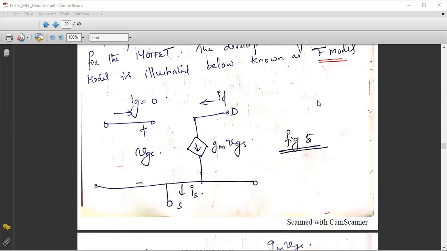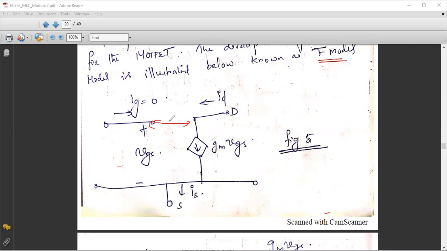Now, how can we modify this circuit? Here I have not connected the gate and drain together because in between we have the oxide layer. Since it offers high input impedance, I have separately shown the gate, drain and source. Now for analysis purposes, I am going to short circuit this gate and drain because there won't be any change. Even if we connect gate and drain together, there will not be any change in the current flow. Why? Because the current contribution from the gate towards the drain is absolutely 0, as Ig is equal to 0.